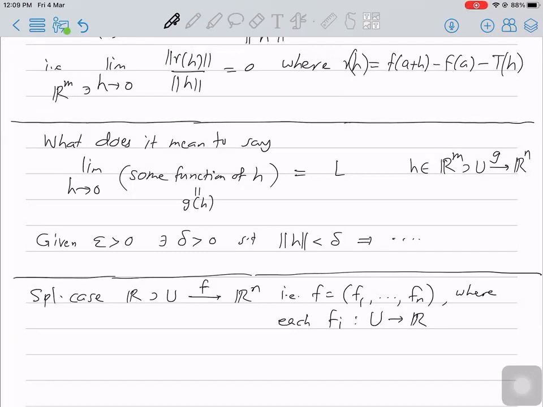Right, exactly. But remember, Rn as a set is really just a tuple of numbers, so there is no ambiguity over here. Let's just look at the definition. There is nothing to this. So what we have is the limit as h approaches 0 of f of a plus